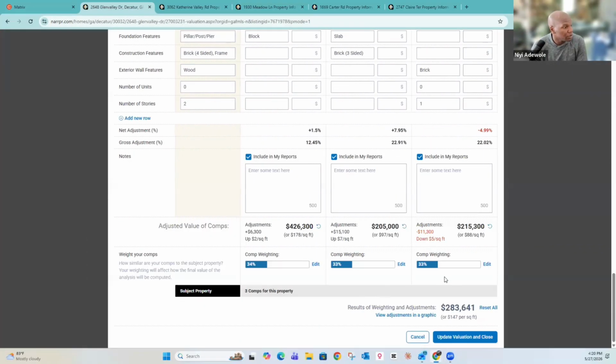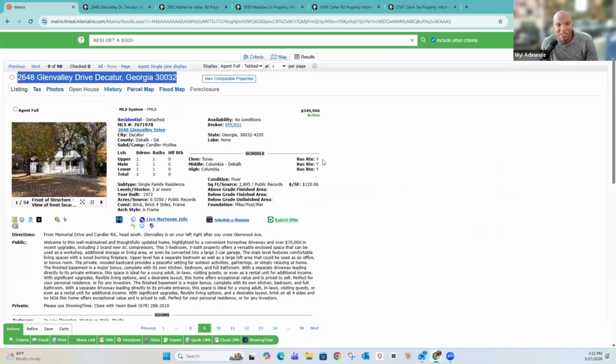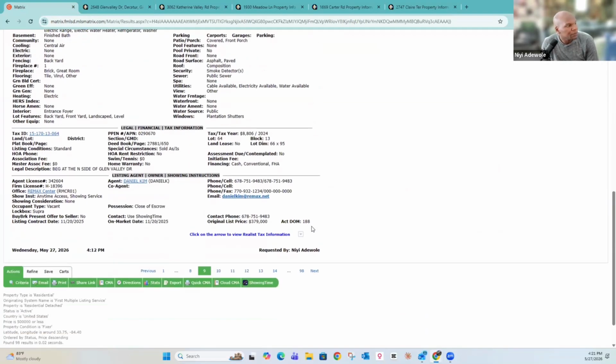The next thing I would do is just go ahead and update the valuation. And that puts us right at 283 for what you're looking at here. Now there's some of these that are way better, right? Like there's two of those properties where it's just like, hey, it's levels above this, but this is where the CMA is pointing us toward for the actual value of the property. And where they're listed right now is about 350, right? And so you can see it's been listed for 188 days and it started out at 379.